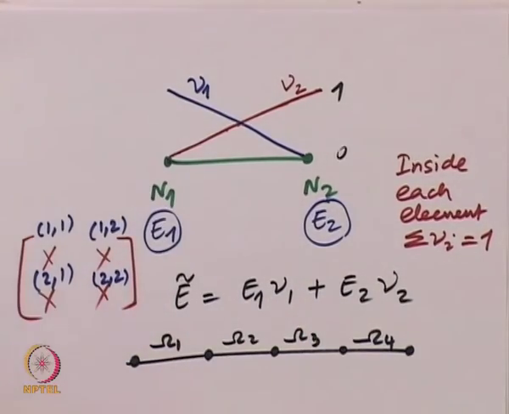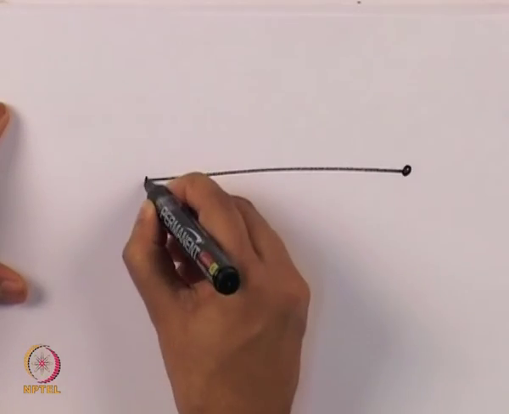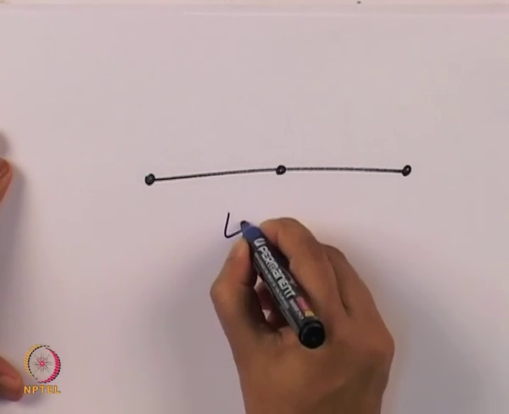Assume that I have more than 2 degrees of freedom inside each of the element. What do I mean by that? For example, assume that instead of having 2 degrees, we have 3 points inside each of the element. So the local degree of freedom is